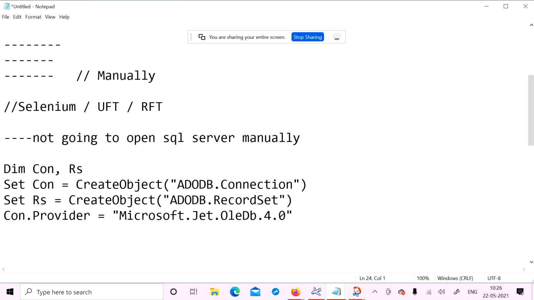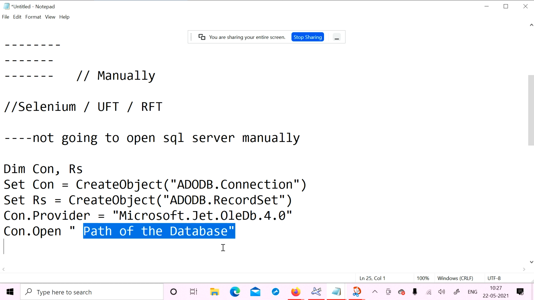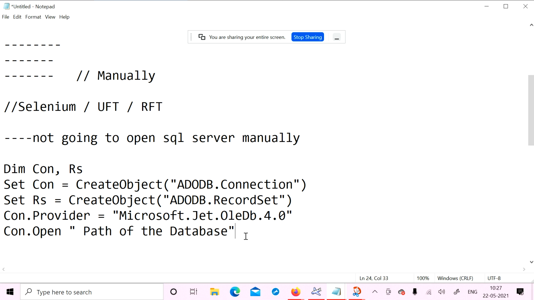Now you are able to access. That means you can open the database. The database is available in the server. We need to access the database from the server using the connection.open method. Specify the path of the database. They will give you the path of the database. Okay, na? Now you can open the database. Is it right? Yes, sir. Now, see, the path of the database, the server path, they will tell you.